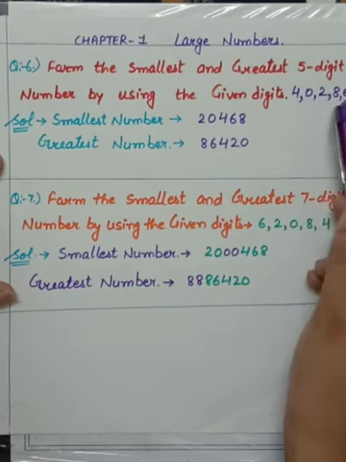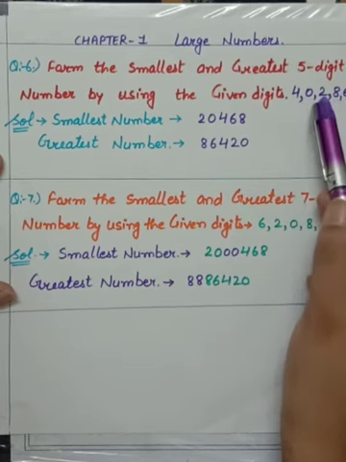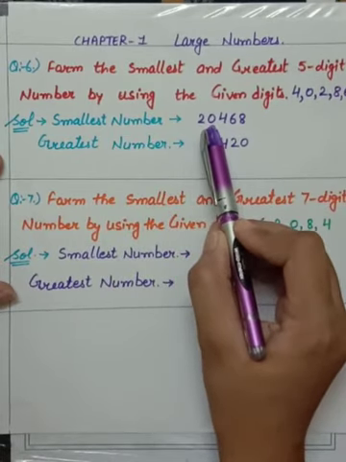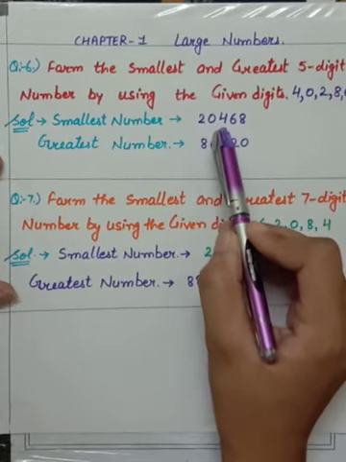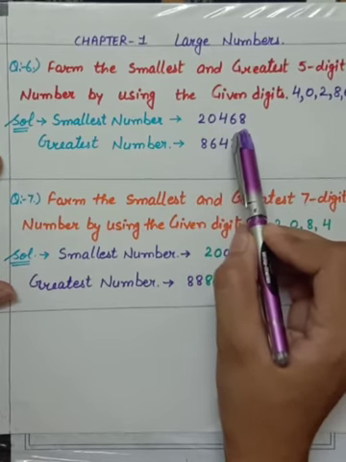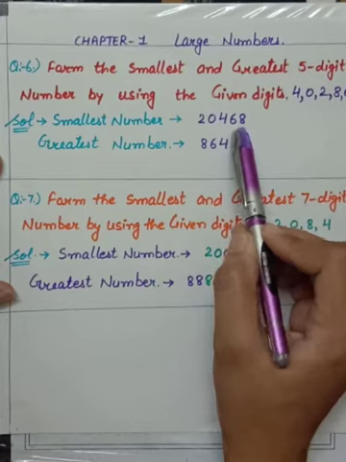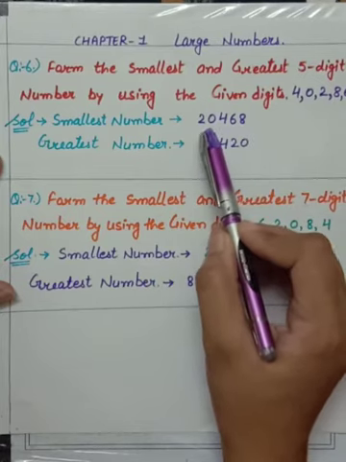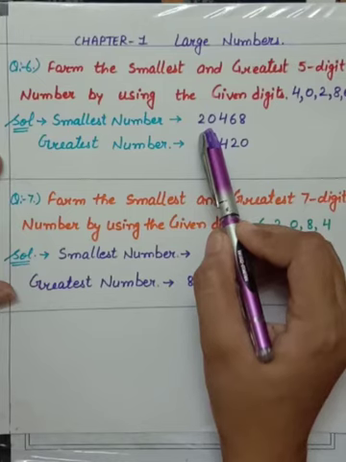Check here which number is the next smallest after 0. 2 is the smallest, so we will write 2 in the first place and 0 in the second place. Next number will come 4, next is coming 6, and last will come 8, because we have to arrange all the digits in ascending order. So children, here the smallest 5 digit number becomes